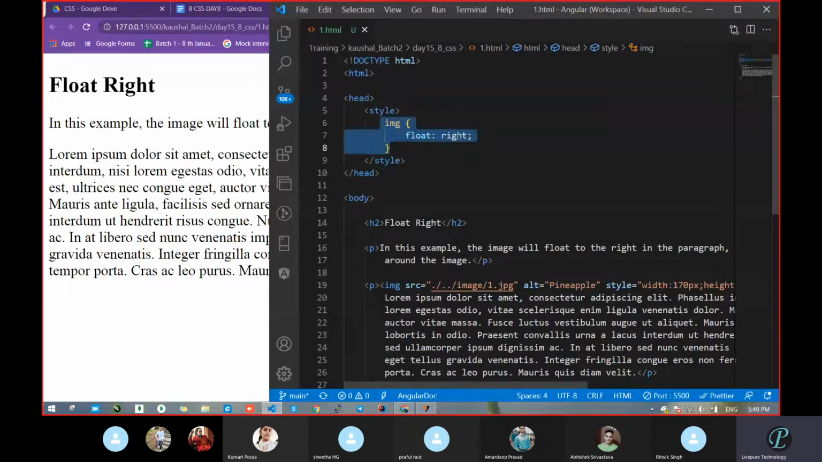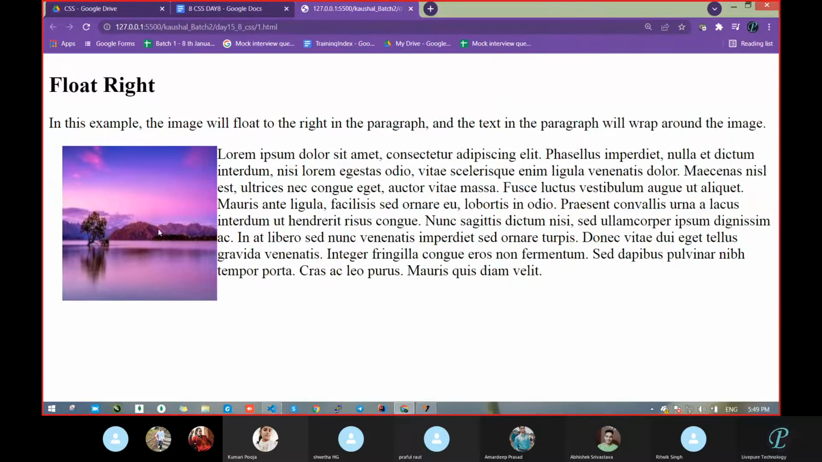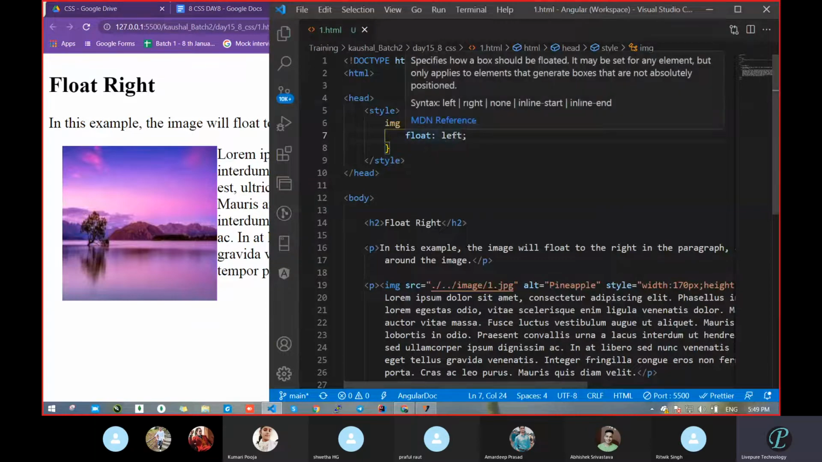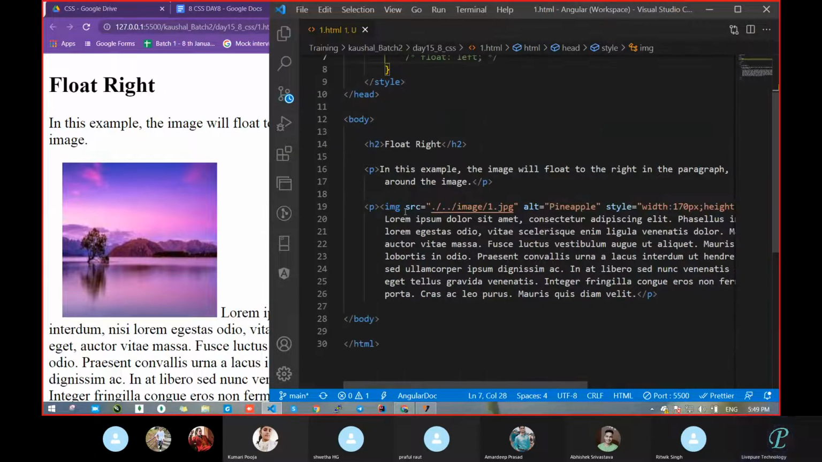Do one thing. I do not want right. I want left. Okay. Save this. Your image came on the left side. Got it? And this way we can. That is a small part. That's it. And by default, what if we do not pass the float? What will it be by default? By default it will also be left itself. So see,